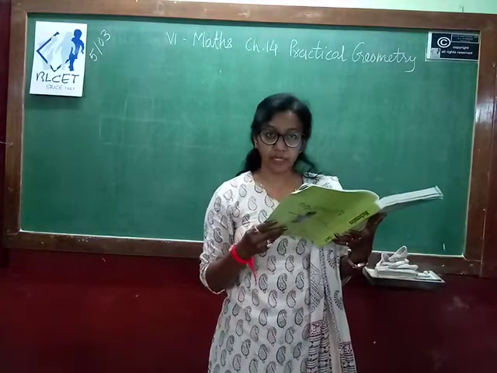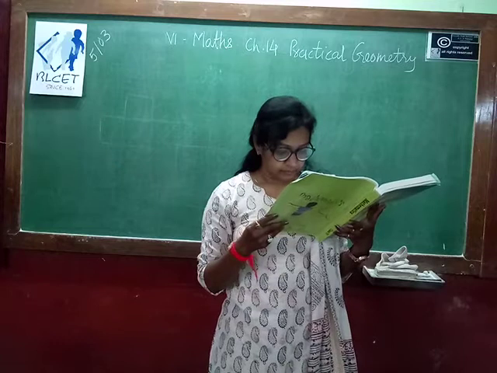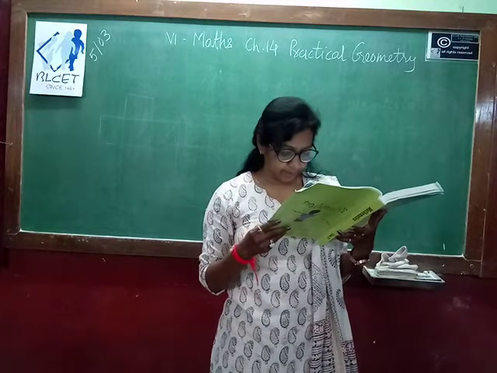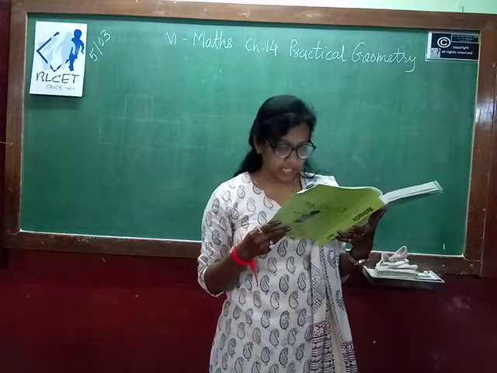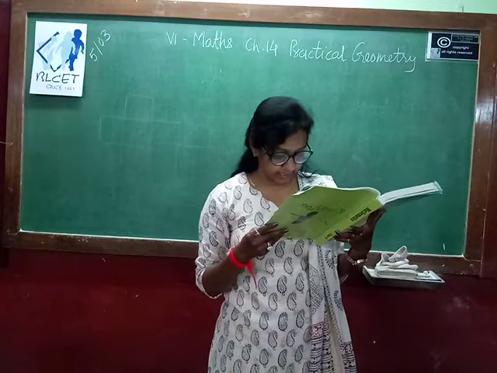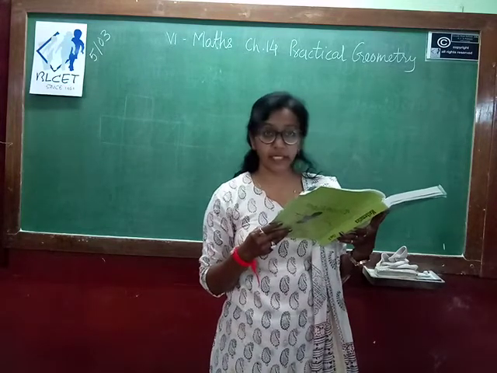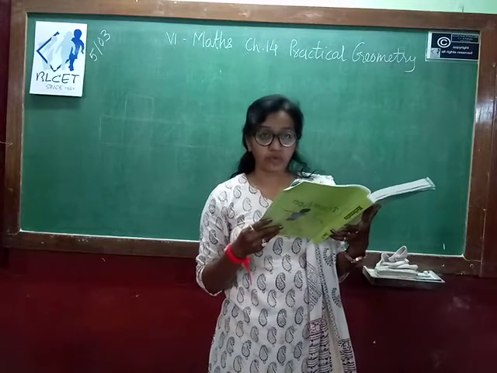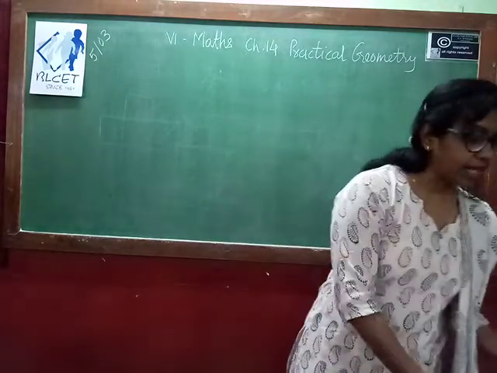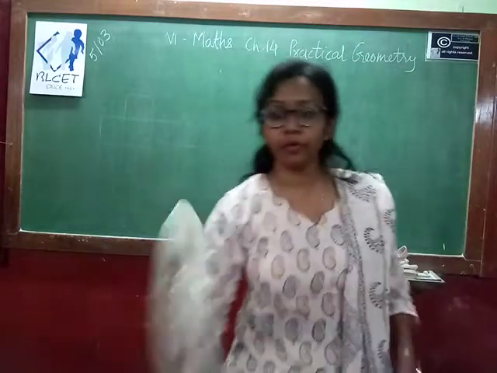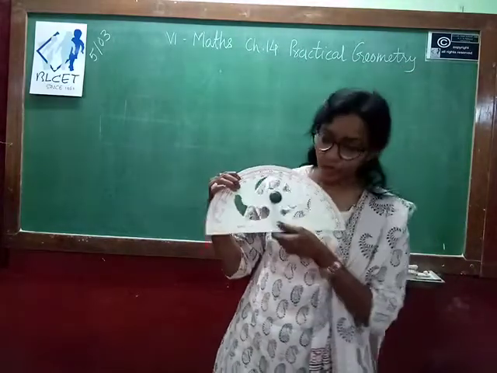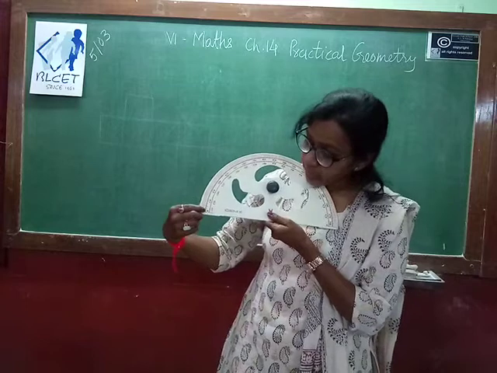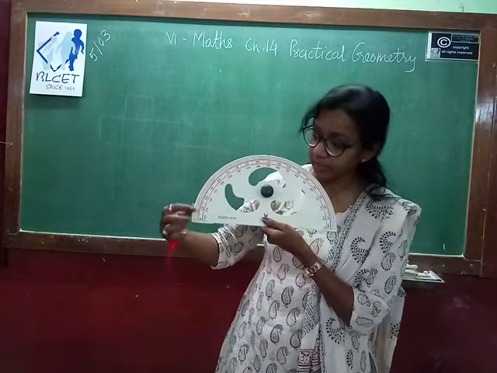A semicircular device graduated into 180-degree parts. The measure starts from 0 degree on the right hand side and ends with 180 degree on the left hand side, and vice versa. To draw and measure angles we are using the protractor. If you observe the protractor which is in your compasses box, here you have 0 degree, 0, 10, 20.